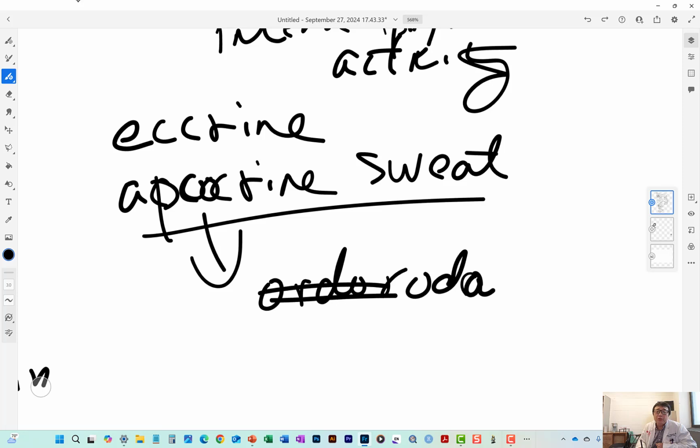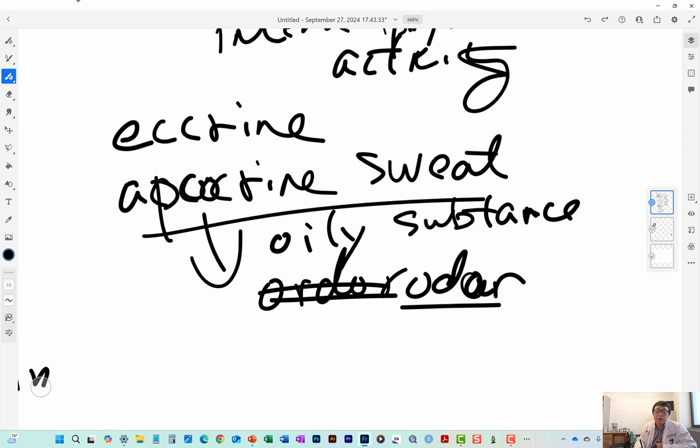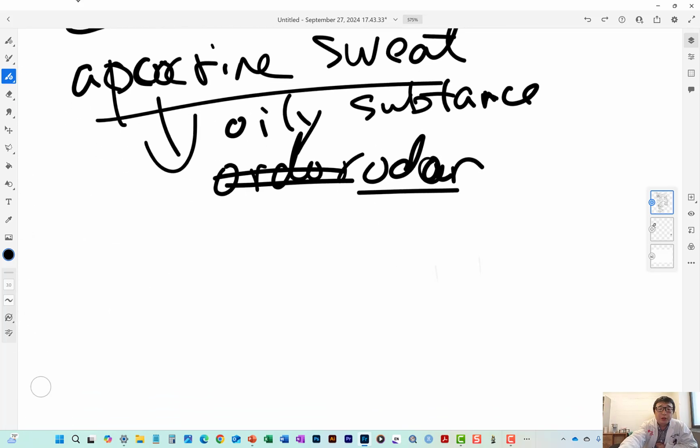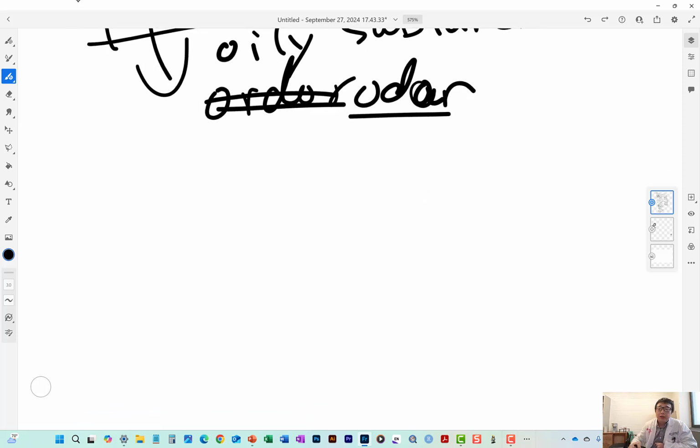In humans it is less, and in fact it produces oily substances. And these oily substances actually do not have a strong odor. The real strong odor is metabolized by the bacteria that live in our body. So in humans, it's not that greatly important in the regular apocrine sweating, but in some other animals,